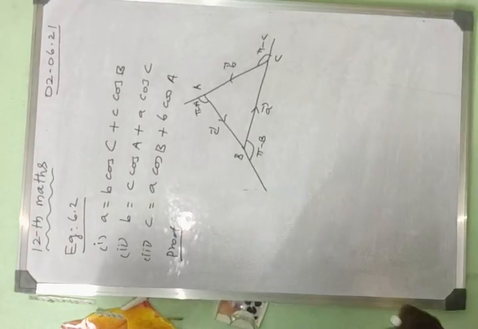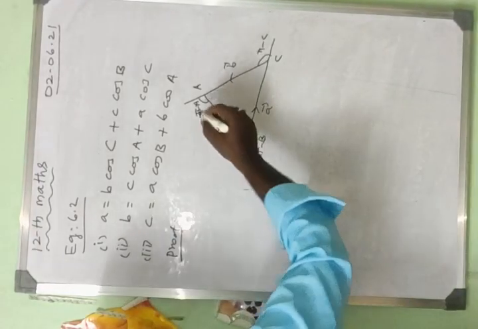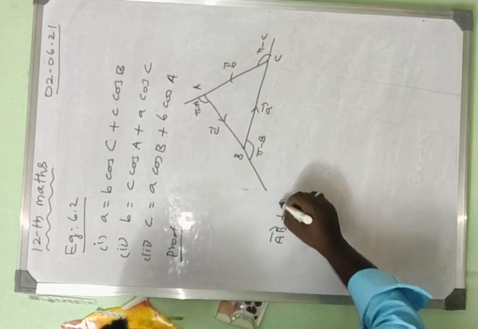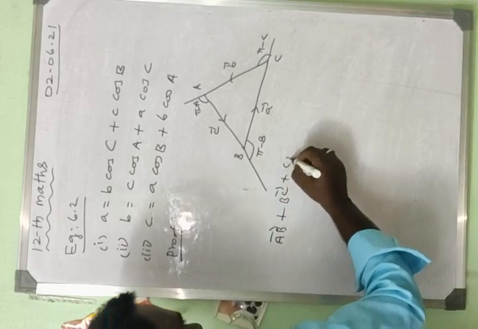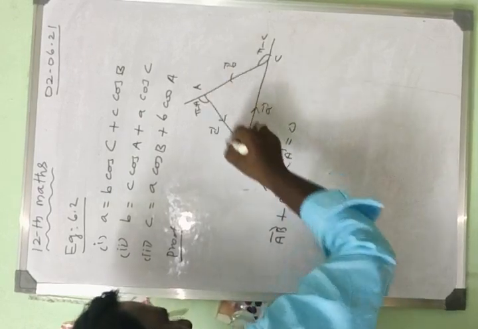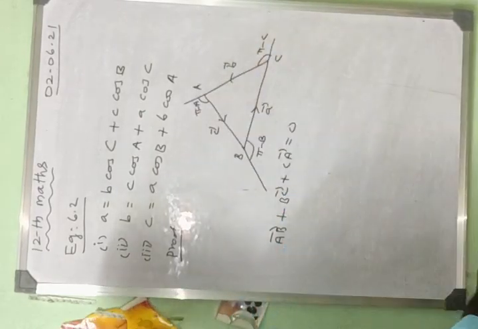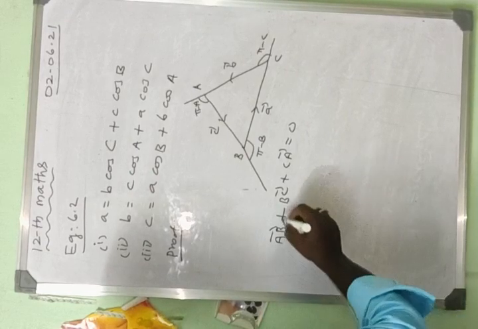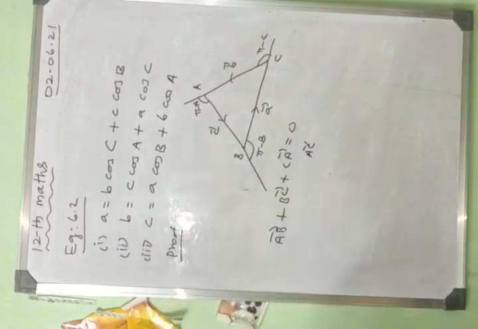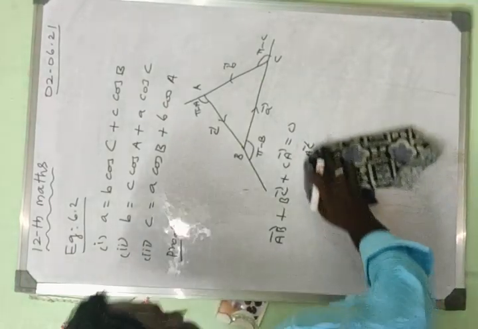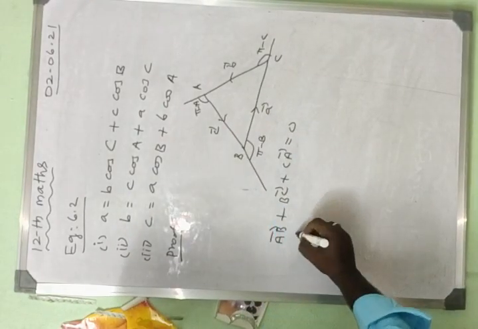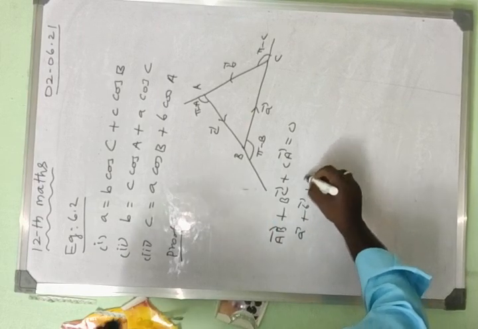Okay, diagram over. Next, we add all the sides. If we get it equal to 0, this is one triangle: vector AB plus vector BC plus vector CA. So AB plus BC plus CA we will write here. Not AC, okay, CA like this. So what is the ABC side sum? Vector a plus vector b plus vector c equals 0.